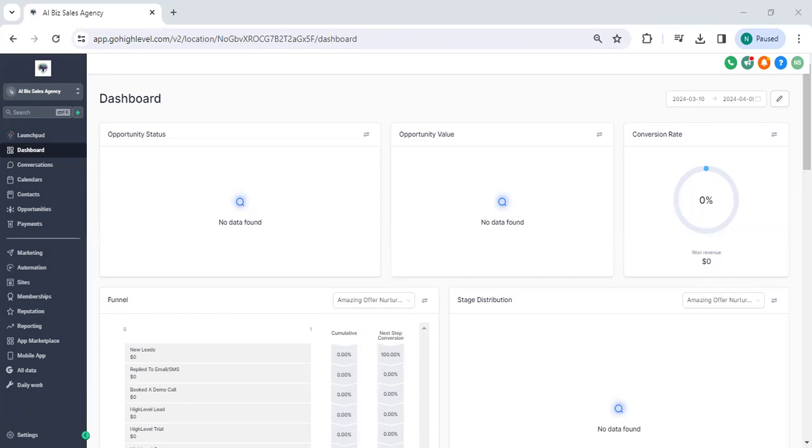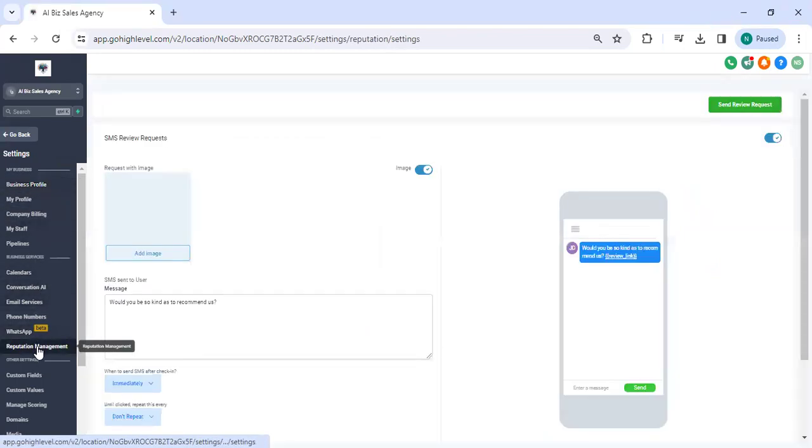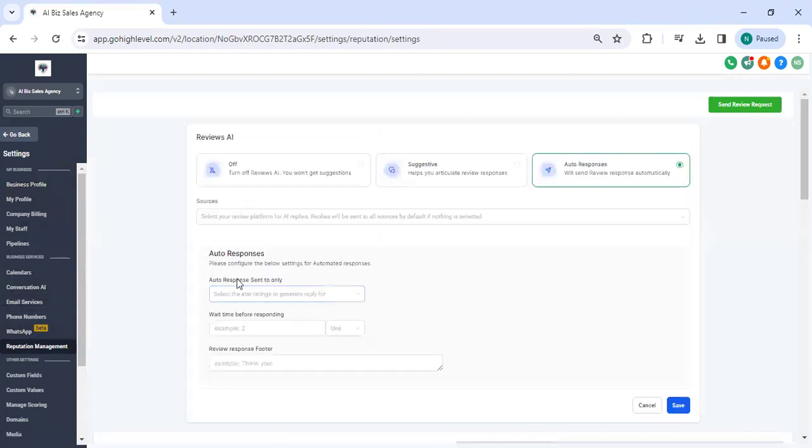Okay, for accessing this feature, first you need to get into the sub-user level account of Go-HighLevel and get into reputation. You can click on settings. There will be a settings option. After that, you can click on reputation management. After getting into reputation management, this pop-up screen will be appearing, and you can send review request